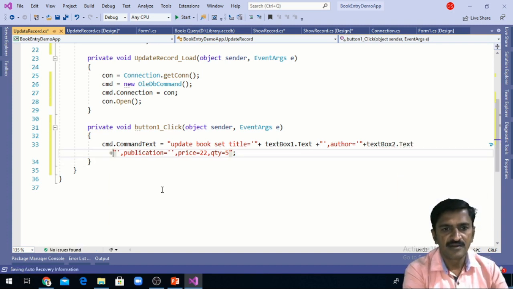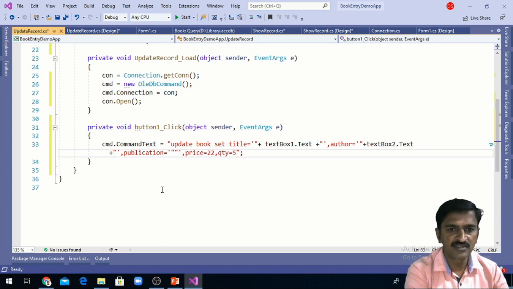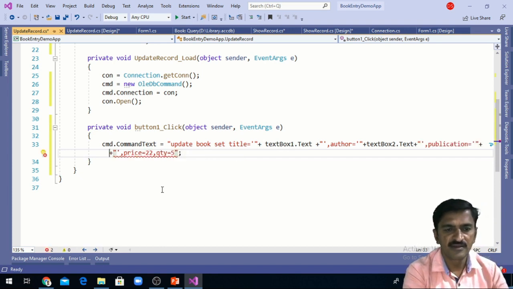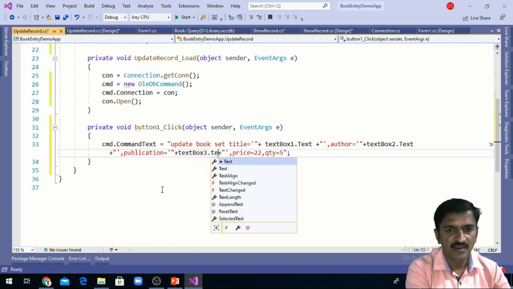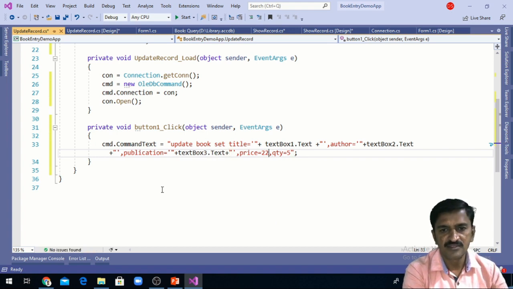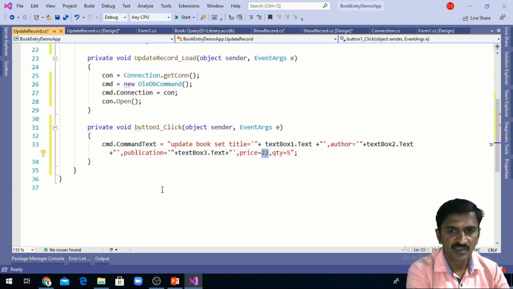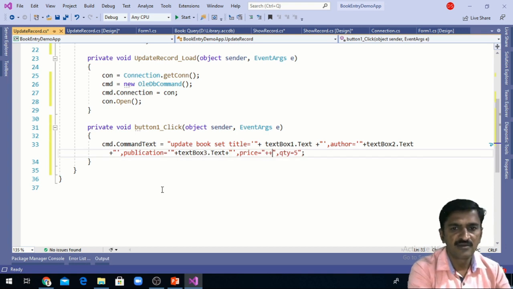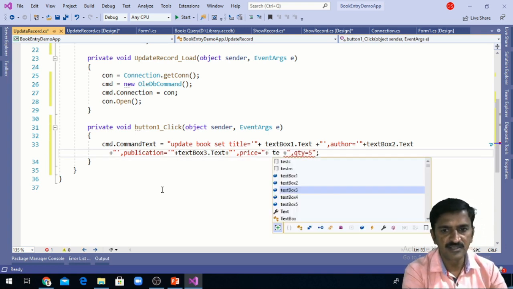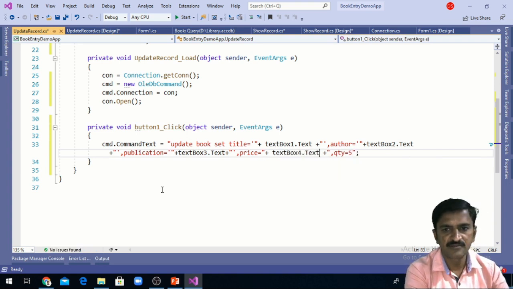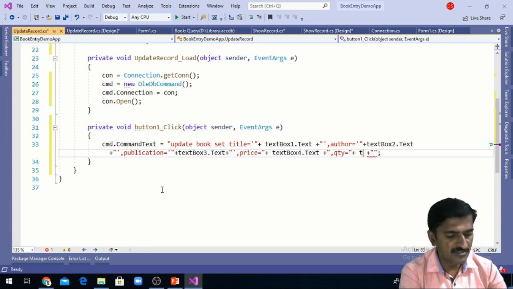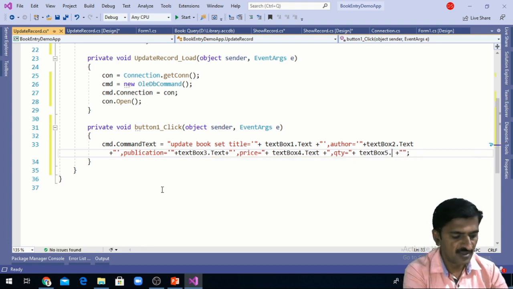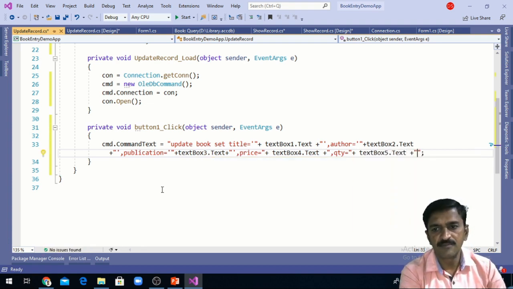And as the publication, the value specified in text box 3, and instead of this constant value 22, I am using the value in text box 4 as the price, and instead of this constant value 5, I am using the value entered in text box 5. So this is my update query.